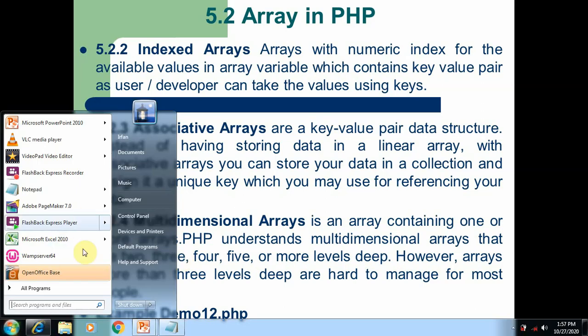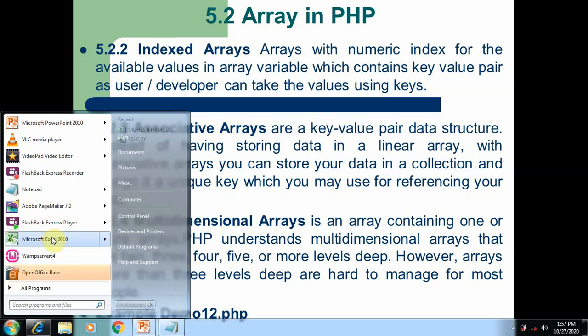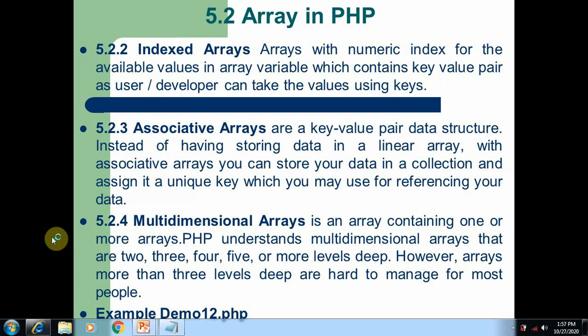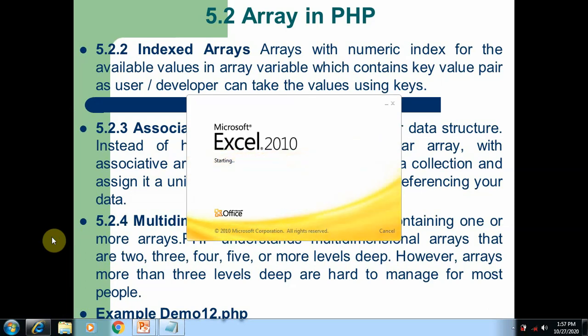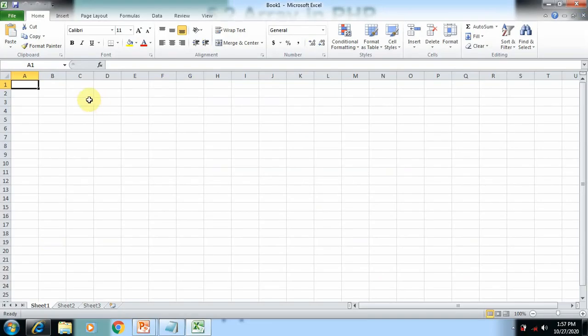Consider we created an array variable with 5 elements, for example 10, 20, 30, 40 and 50. These are the 5 elements stored in the array variable, namely A.